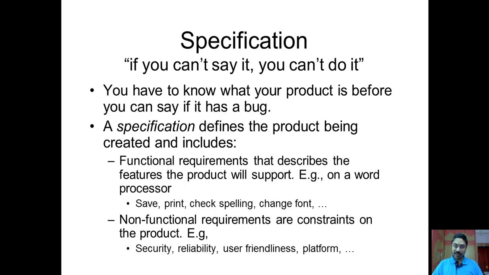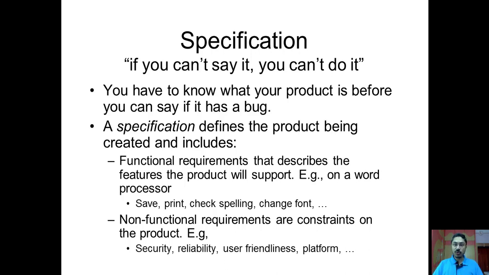Later on, we also focused on the software specification, what software specification exactly is. In that, we divided the specification into two parts. One is the functional requirement and another one is non-functional requirements. We also tried to understand what functional requirements are. The requirements which are tangible, we termed as functional requirements, and the requirements which we cannot actually measure, intangible requirements, we consider as non-functional requirements.